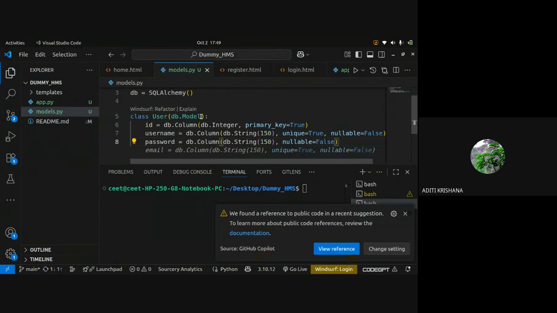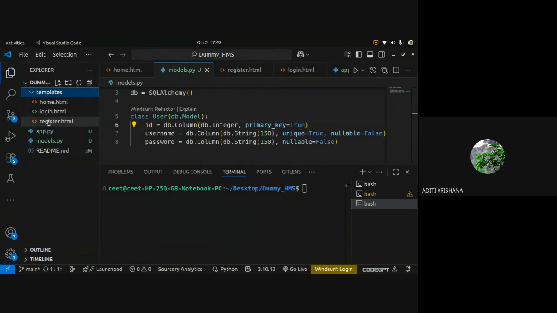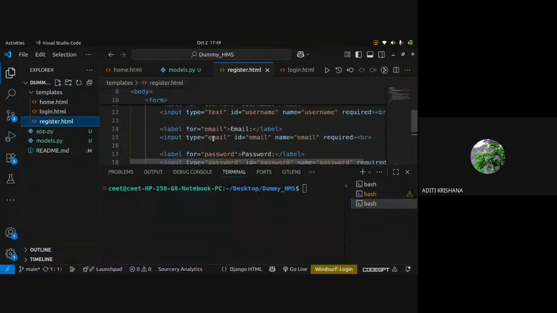The user table is known as the model. Here we don't say table, we say model. So db.Model. And inside this table, we have three columns: ID, username, password. But at the time of registration, you can see what I am taking: username, email, and password.